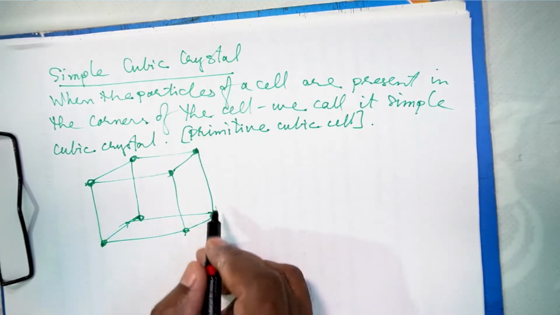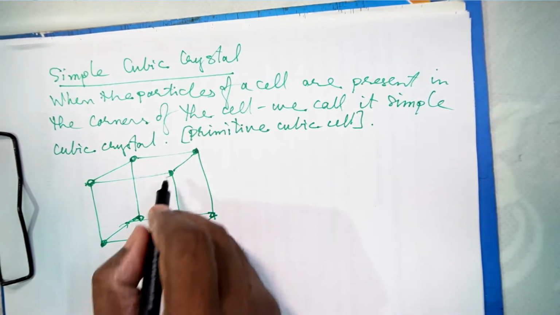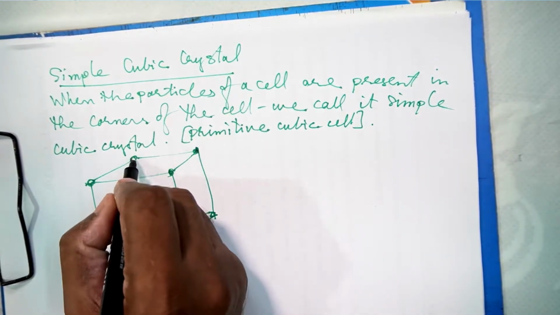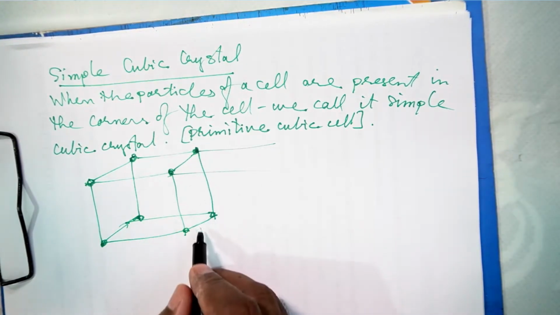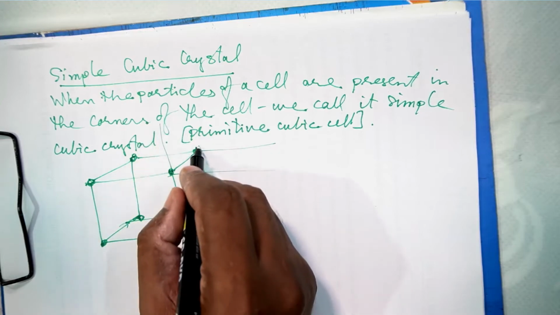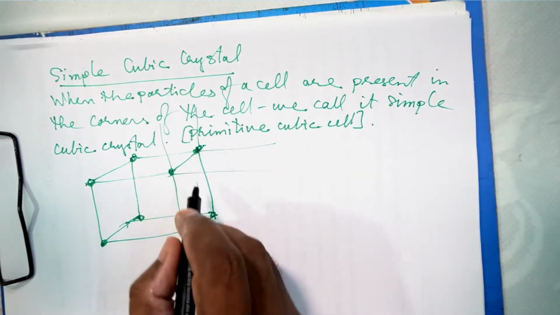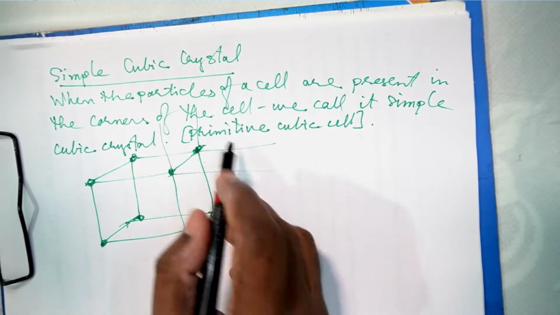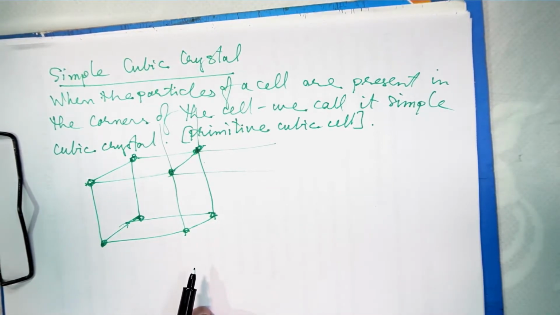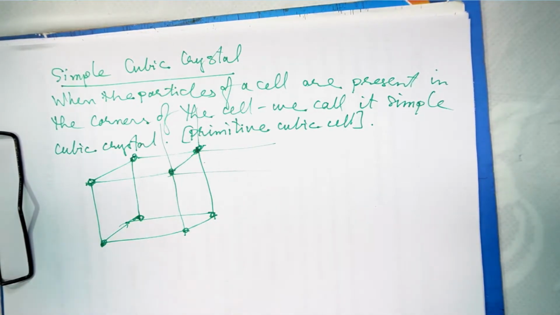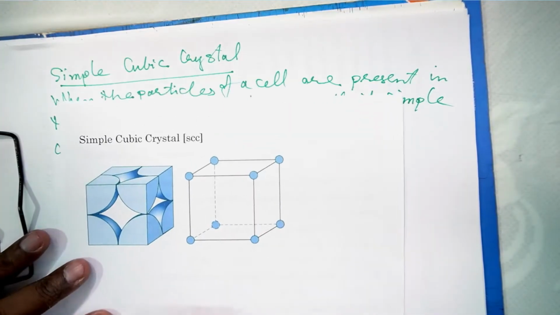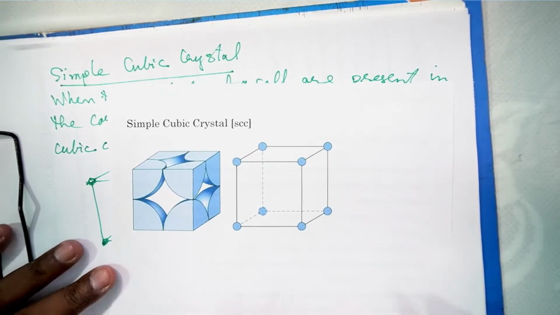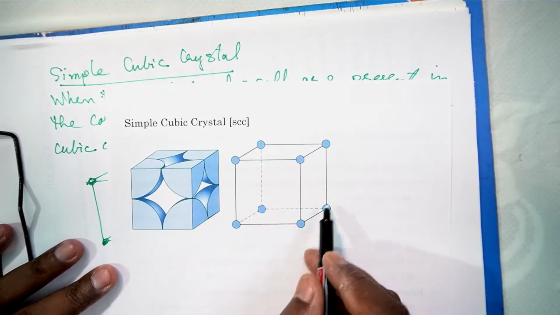Now this is one unit cell. Each atom in the corner is shared by the neighboring cells also. This cell gets extended on all the sides, 3-dimensionally. So each atom is shared by 8 neighboring cells. So we have to see how many atoms actually are there. See here, the corners, there are 8 cells.